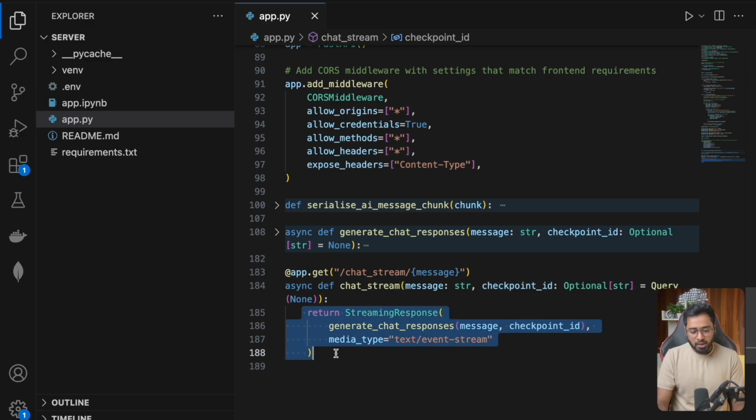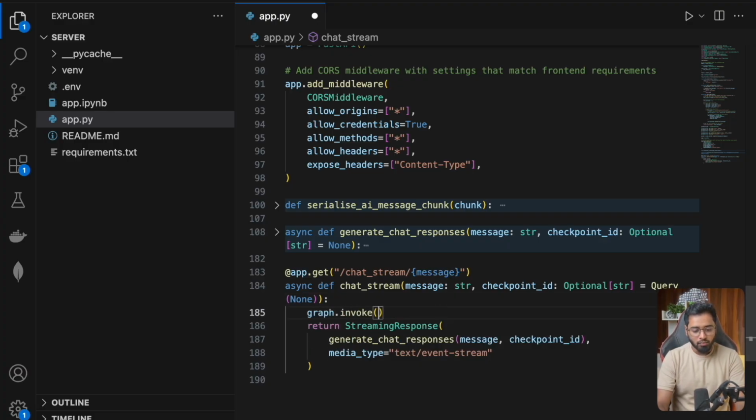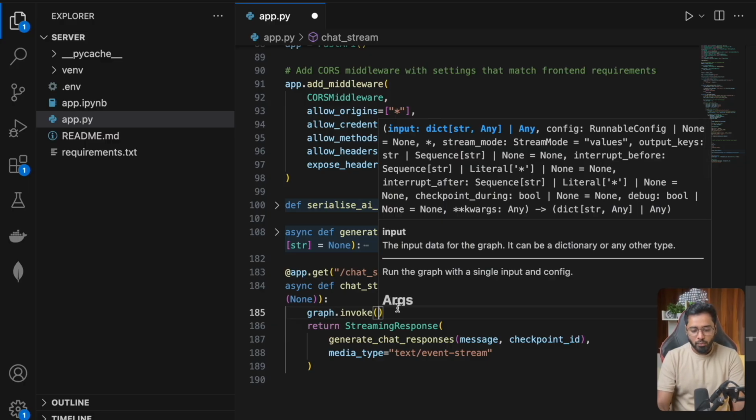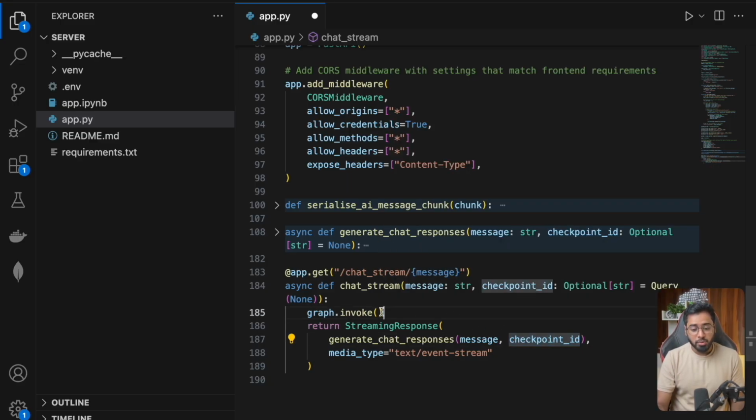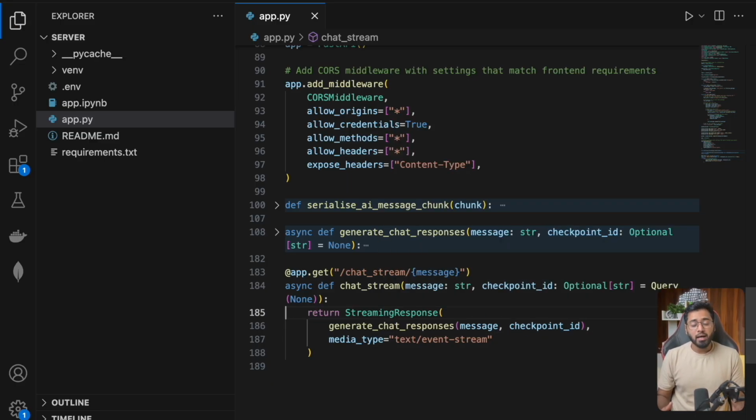Okay, so let's pay attention to what we are doing right here. If you're not thinking about streaming or anything like that, we can just go ahead and say graph invoke or ainvoke. In this case, we can just provide the message inside of this, and then we can use this particular checkpoint ID as well. It's going to be very simple, but since we are interested in streaming right now, in FastAPI, we